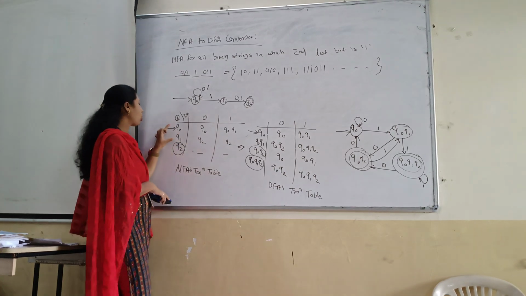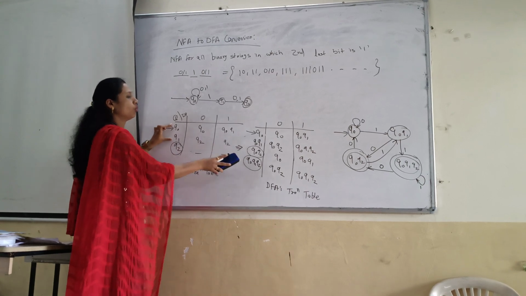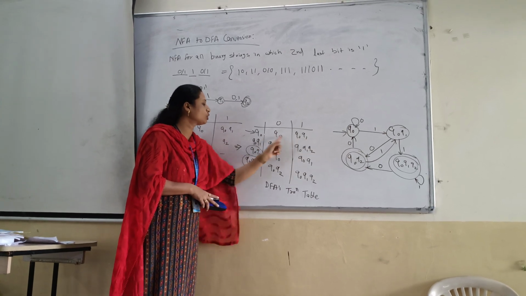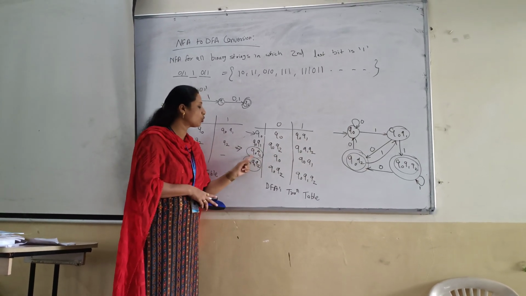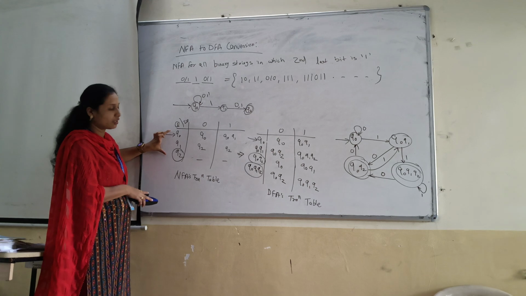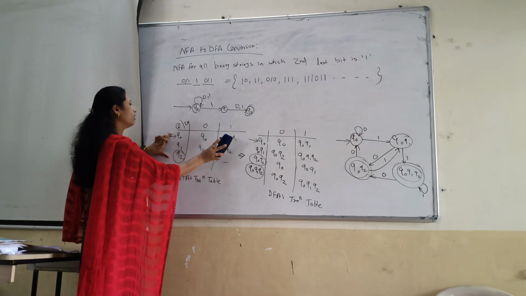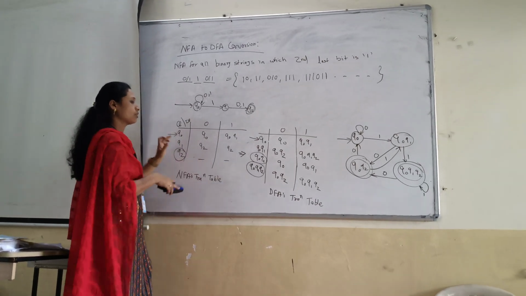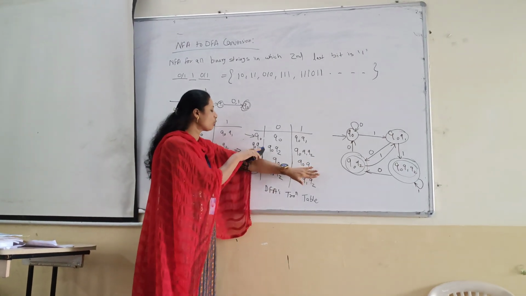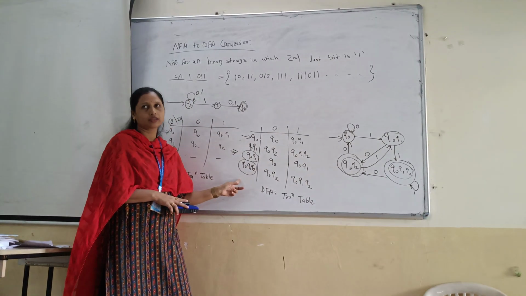List it down. Q0, Q1 on 1, what are we having? Q0, Q1, Q2. List it down. Afterwards, check. Q0 is there. Q0, Q1 is there. Is there Q0, Q2? No. We have listed Q0, Q2. Now, check for Q0, Q2. Keep it this way, Q0 and Q2. Check. For 0, Q0 and dash means Q0 only. Then, for 1, Q0, Q1 and dash, so Q0, Q1. Afterwards, again you check. For Q0, Q2 we are having. We are not having Q0, Q1, Q2. List it down. Q0, Q1, Q2.